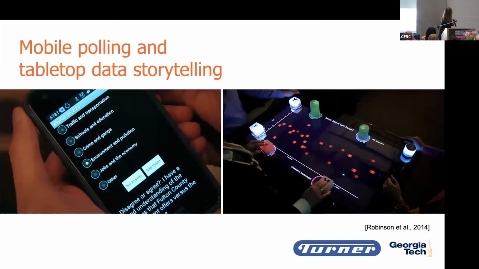So I wanted to briefly show a project, going back to storytelling. Another way of engendering empathy is to bring people together and share different stories. This was the PhD work of a student of mine at Georgia Tech, Susan Robinson, and she built a mobile polling application that let people add rich media, like video explanations, to her data, so that you could get a lot more information. She then visualized it on a tabletop as well. One of the key takeaways from this project that I think is relevant here, and was raised this morning as well, is that in the quantitative data, because of this polarized topic, we were talking about US health reform around 2012 or so,